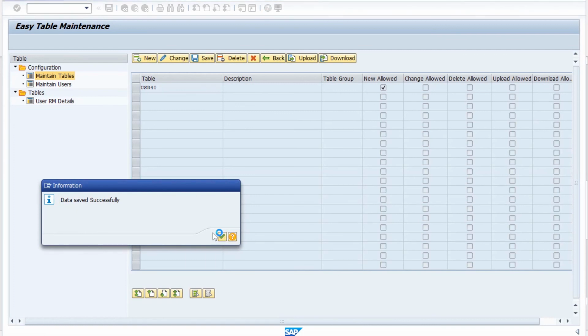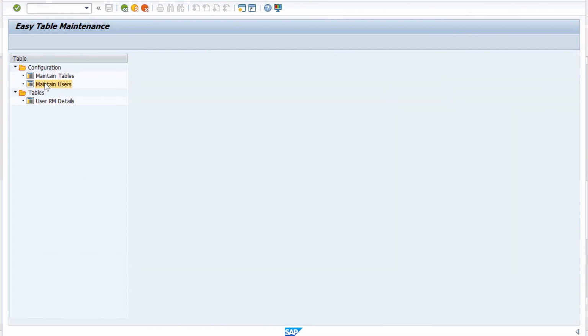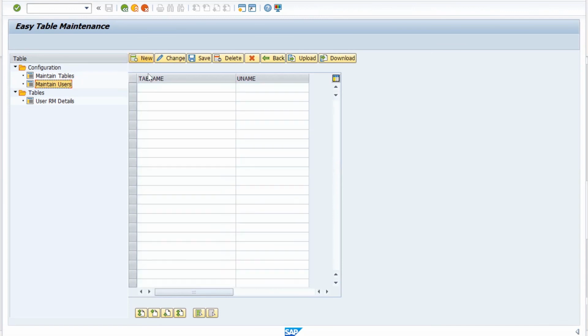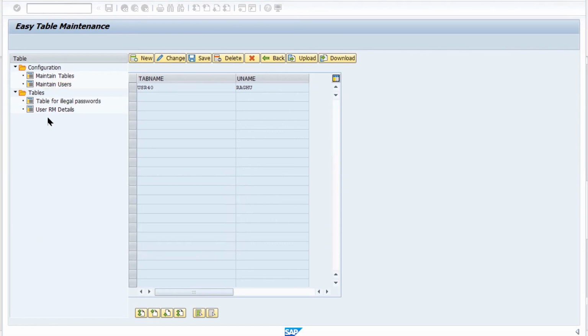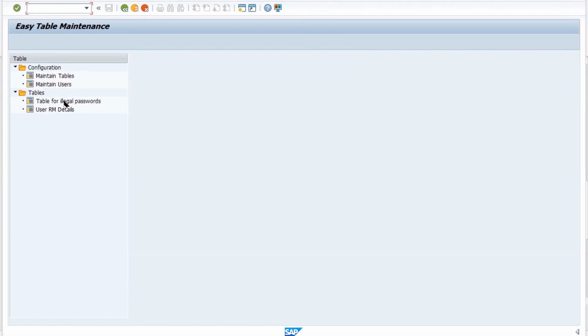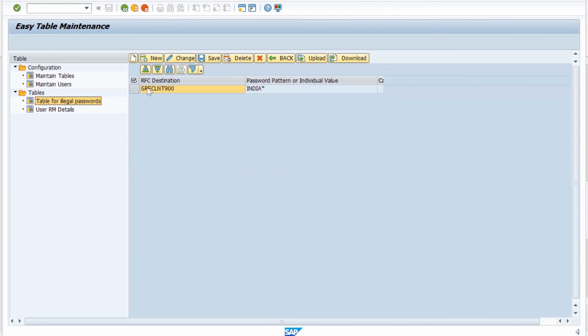Now I assign USR40 to one of my users, or let me assign it to myself. I'm giving USR40 and the username Raghu. So save. Now you can see this table, the table for illegal passwords, added under my table list. So I can maintain it here.